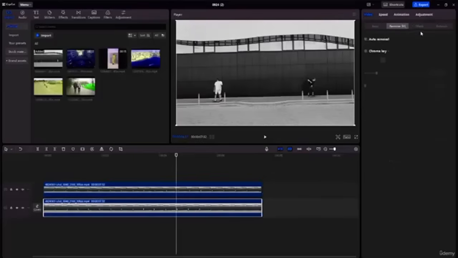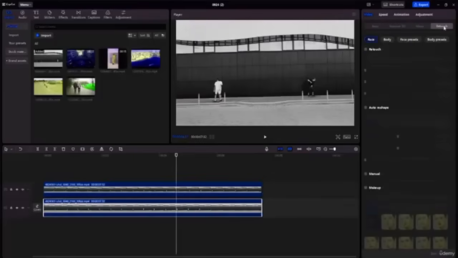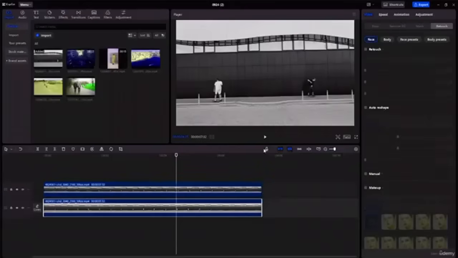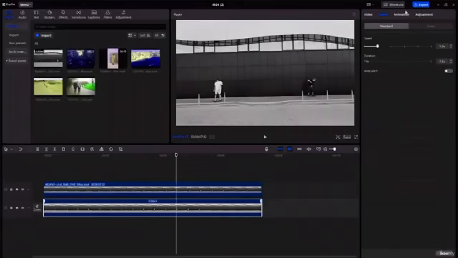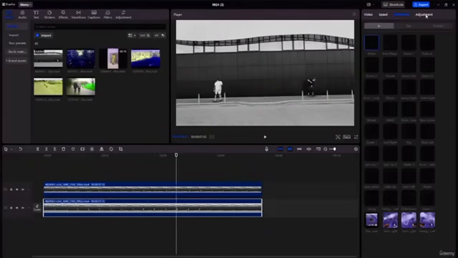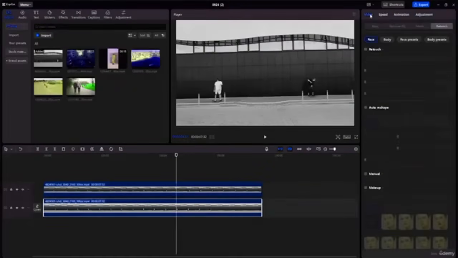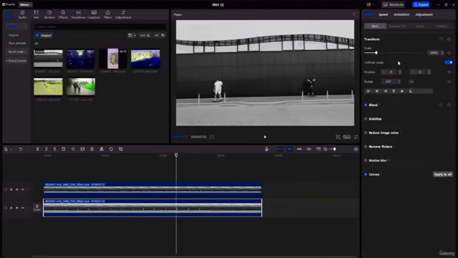Like, let's go to remove BG. Let's go to mask. Let's go to this retouching option. Okay, so if you do wanna retouch, you guys can also use this retouching option as well. Okay, so let's check out different kinds of animation. If you wanna go out with adjustment, you guys can actually work with adjustment as well. Okay, so now let's click on basic,